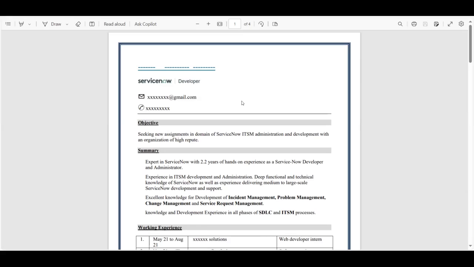And then in the last 8 months I started working as a software engineer, and we started working on the development part like UI action, client script, business rule, and the